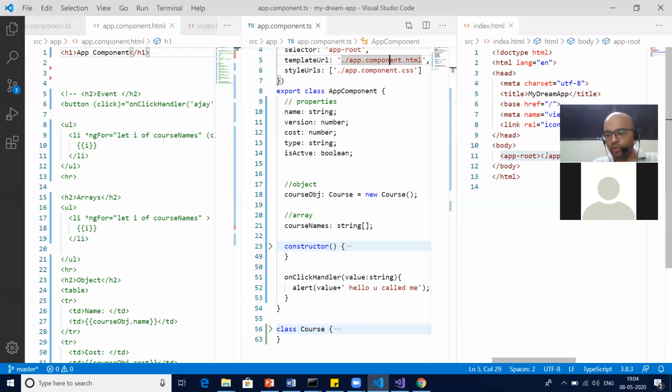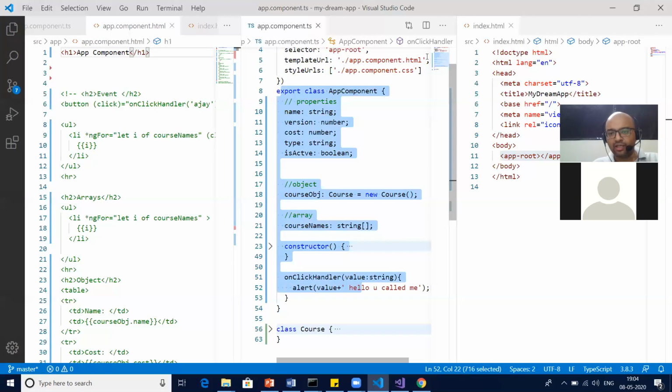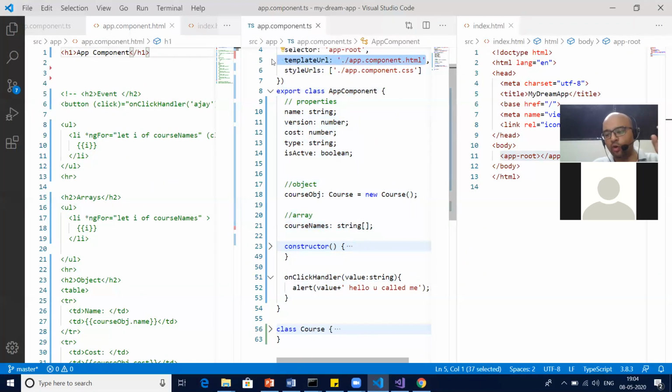So calling a component means you're calling the class as well as the HTML file. Both will get hooked or injected into the HTML. Is this clear to all of you? Because that is the base for the next part. Anyone who wants me to repeat again? Anyone who says I don't understand this part? Anyone?